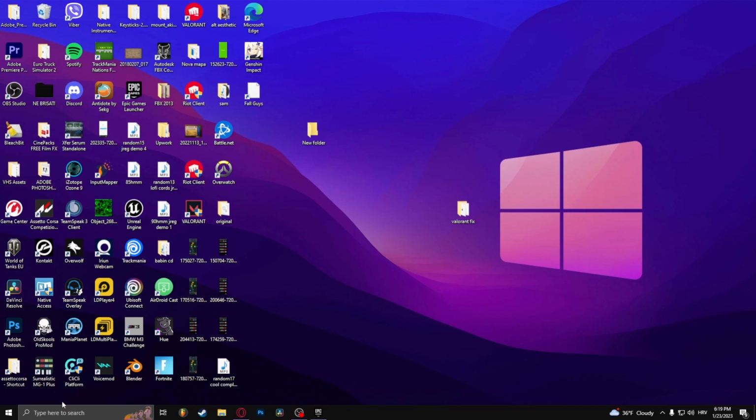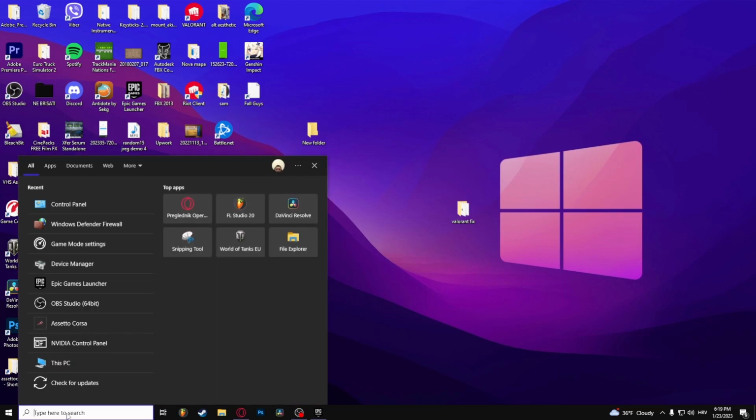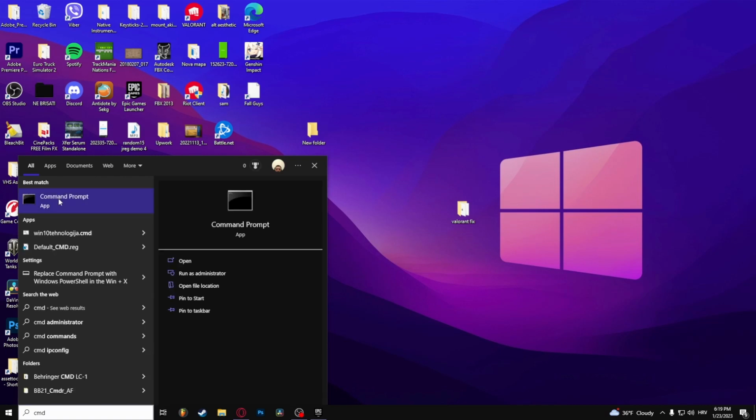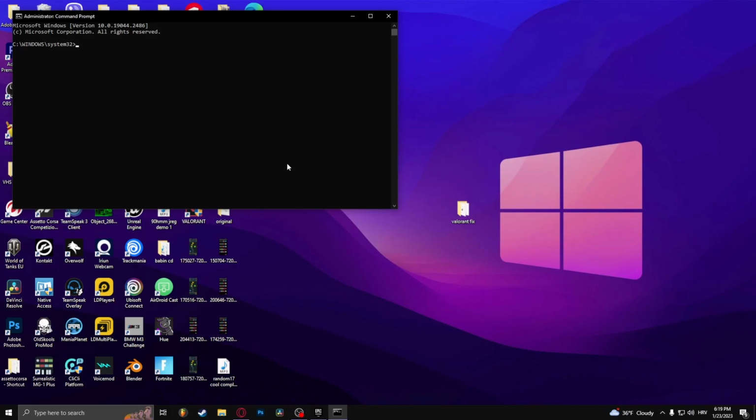If that doesn't work, go on the Windows search bar, type in CMD, right click on the command prompt and click Run as Administrator. Click Yes, and here type in ipconfig /flush DNS,